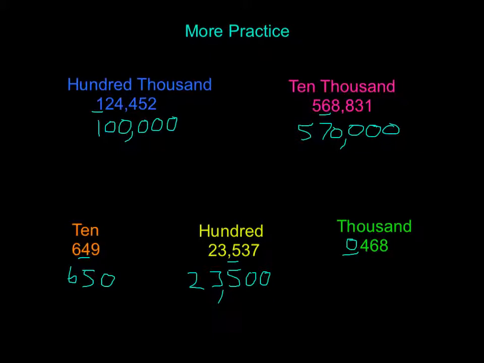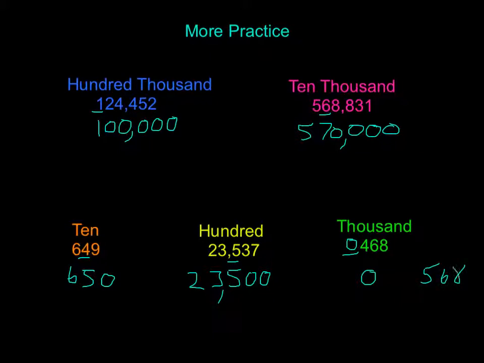So now we know that we're looking at our thousands place here, and we look right next door. If it's 4 or less, we ignore. If it's 5 or more, we add 1 more. So in this case, because it's a 4, we're going to ignore, and we're going to bring down our 0. Now, because we brought down 0, and 0 would be the same as 0,000, 0 is 0 all around, our answer is just completely 0. Now, had this been written differently, and had we had a 400 or a 500,